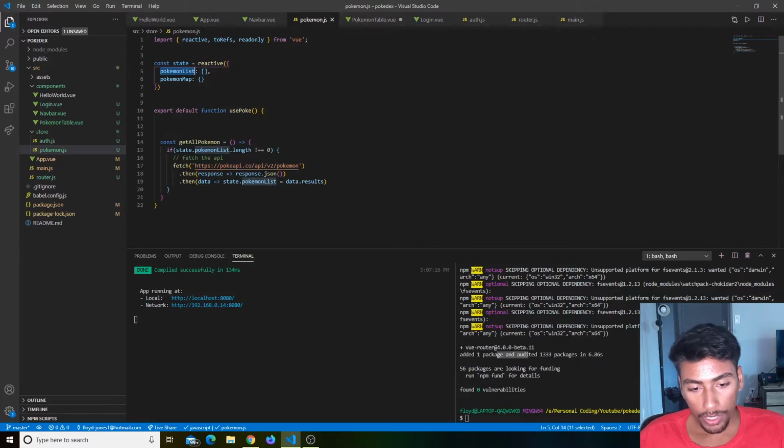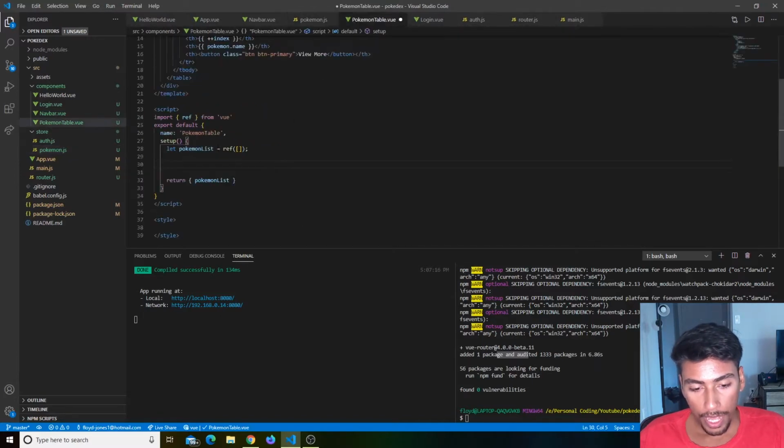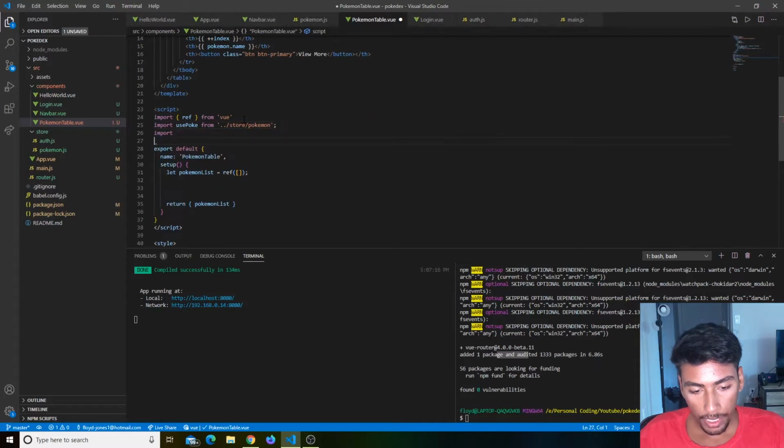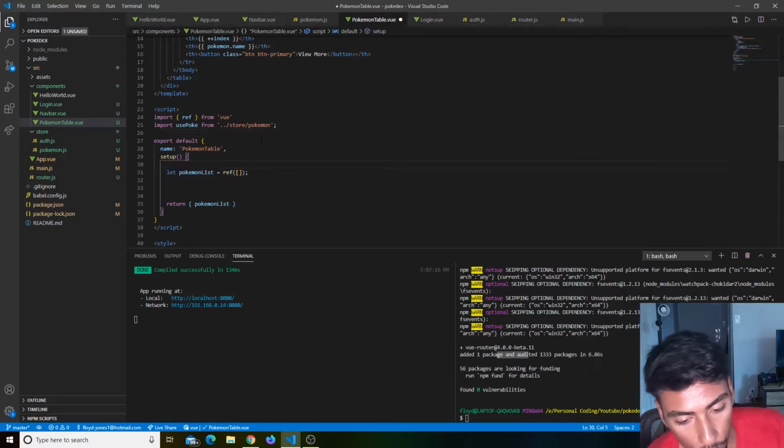So now let's actually bring this functionality to our Pokemon table. Before we do that, we just got to remember to return all our stuff. So if you remember, we spread the toRefs, and inside that we made our state read only. And then finally, we also return our getAllPokemon over here. So we save that, we go over here and we import usePoke from /store/Pokemon. Oops, don't need that. And then over down here, we can use our